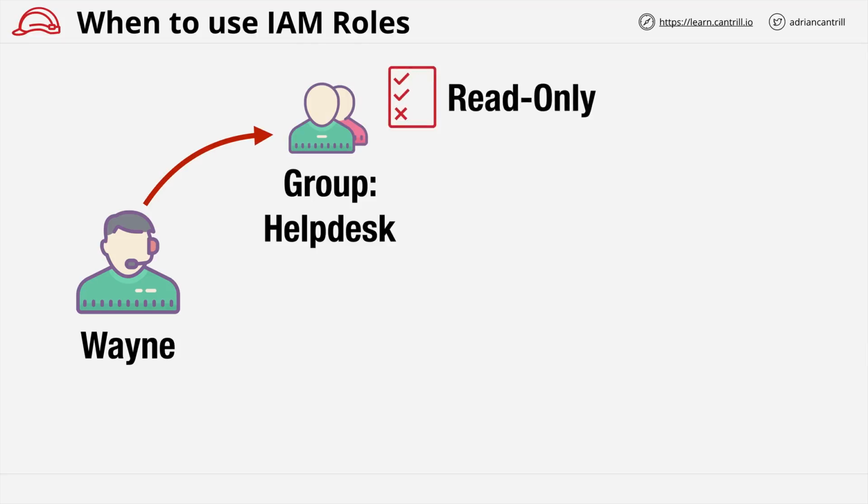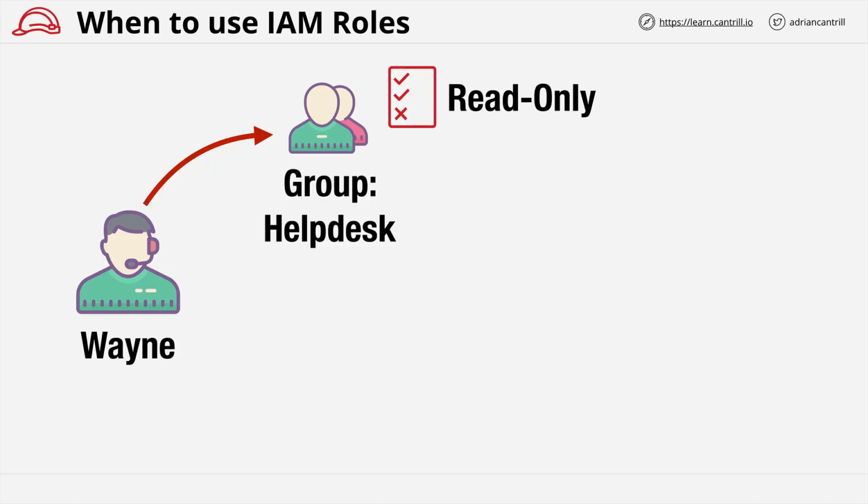The idea is that anything more risky than this read-only level of access is handled by a more senior technical team. We don't want to give Wayne's team long-term permissions to do anything more destructive than this read-only access, but there are always going to be situations which occur when we least want them, normally 3 a.m. on a Sunday morning, when a customer might call with an urgent issue where they need Wayne's help to maybe